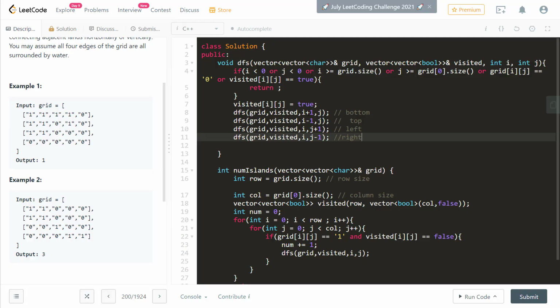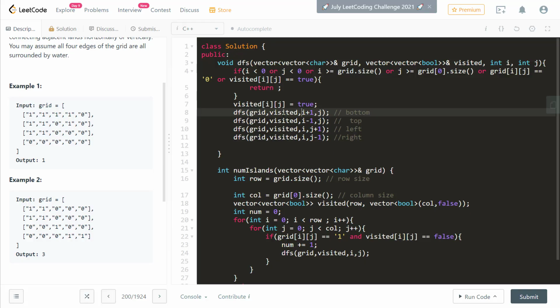What this does is it marks all other connected vertices which are 1 as true, so that we do not count them again and again, and it is going to be only one island which is connected to it.